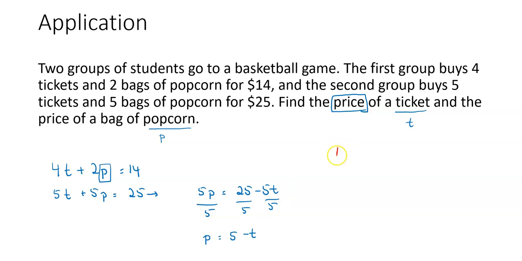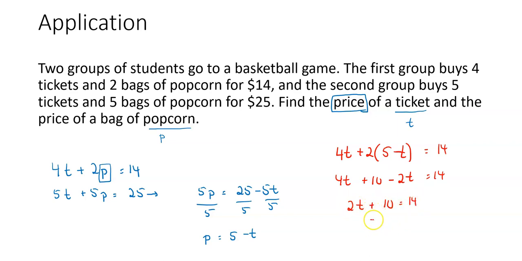So let's take a 4t plus 2 times, we said we're going to replace that p with a 5 minus t, and that gives us 14. 2 times 5 is 10. Don't forget that's a minus over here. 2 times negative t is negative 2t. And then combine the t's. 4t minus 2t is 2t. T equals 2. So if t equals 2, then the cost of the popcorn is 5 minus 2, which is